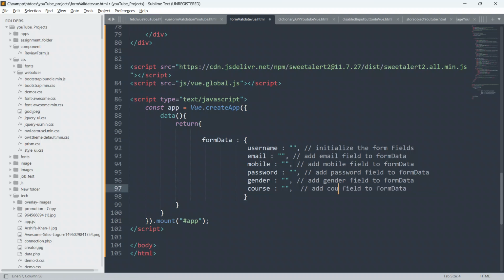Now give comma here also, and we will initialize something again.